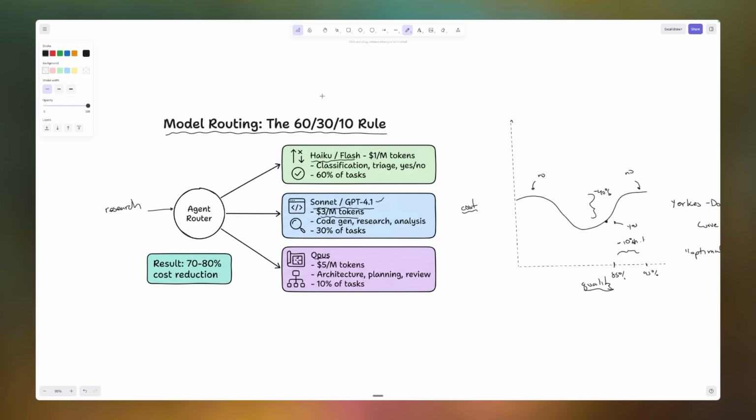And so, this allocation where you have 60-30-10, if you think about it like a pie chart, what you do is you designate the vast majority of your token usage to stuff that is in that first category, which is kind of dumber. And then you do the other 30% or so in that mid tier. And then your really, really smart models do the highest level tasks. Basically what'll happen for the most part is this would be your Opus 4.6 or your Gemini 3.1 or your GPT 5.4. It would be responsible for routing decisions, and obviously you want the smartest model possible for that.